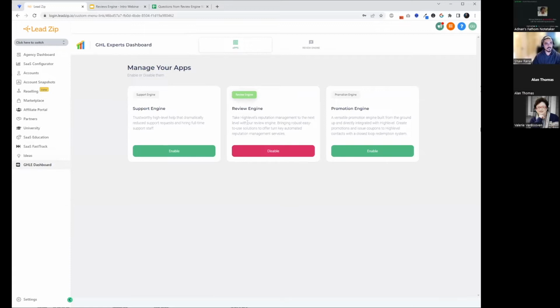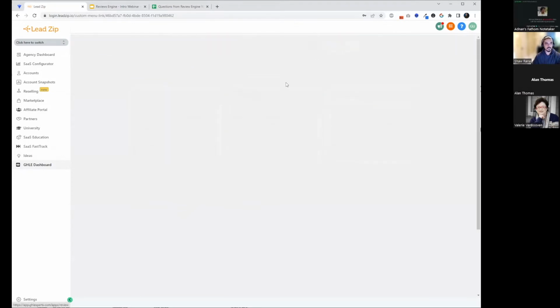So we have the support engine, the review engine, and of course the promotional engine. And coming soon, there's one more engine that we have in the pipeline. I'm drawing a blank right now, but you'll see that pop up over here once we have that launched. As you can see, reviews engine is already enabled. And once I go to reviews engine over here,